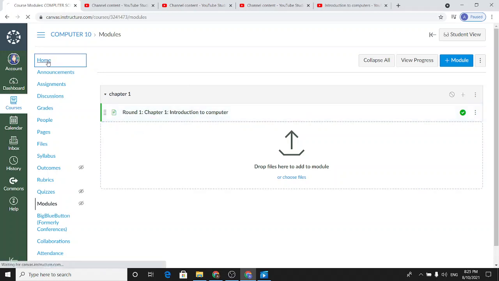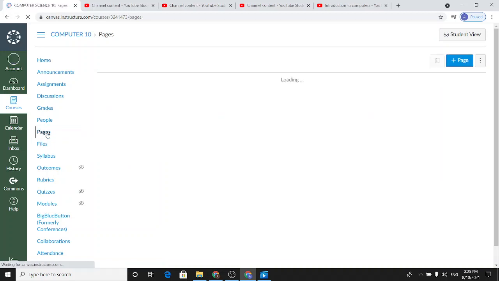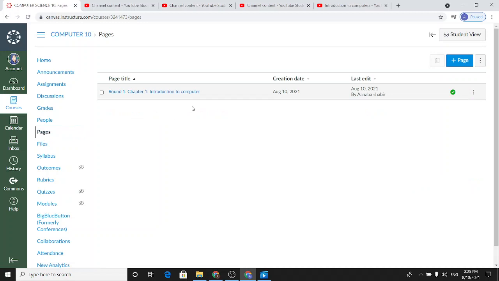Like if I'm going to the home page, this link will appear here. On clicking on pages, the page appears like this, and on clicking on modules, module is actually the first page that will appear.